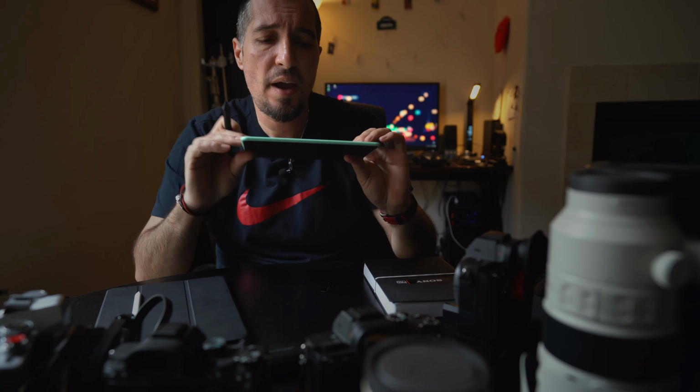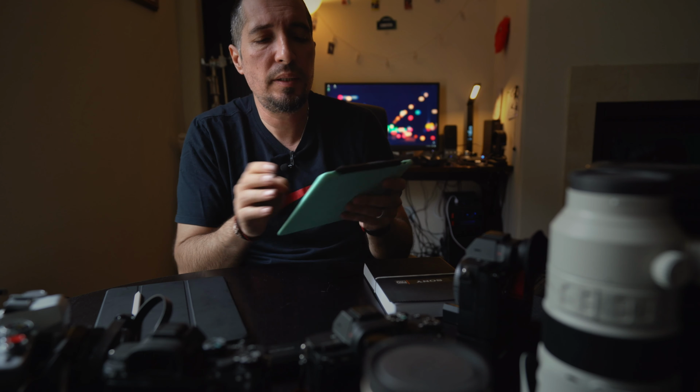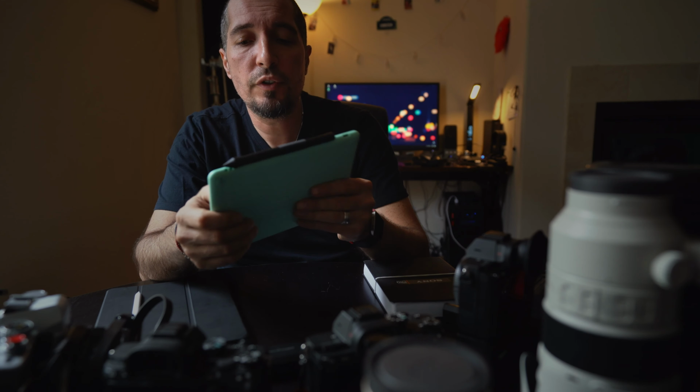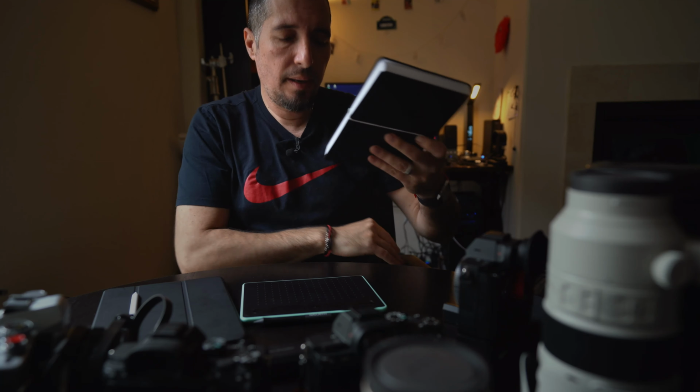I really love the form factor. It's small, very light, very portable. Actually, Wacom did a good job. This is a Wacom Intuos CTL 4100, I think. And if you're going into photography, especially portrait and wedding photography, this will be very helpful for my clients and